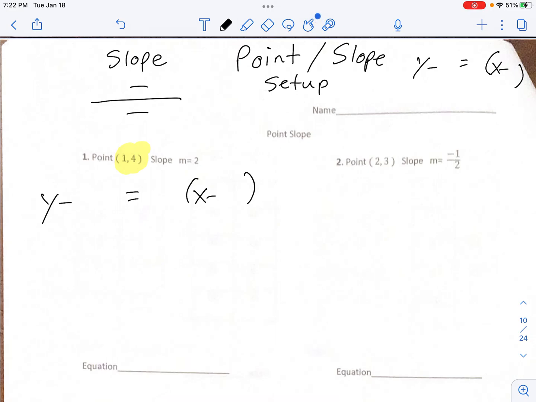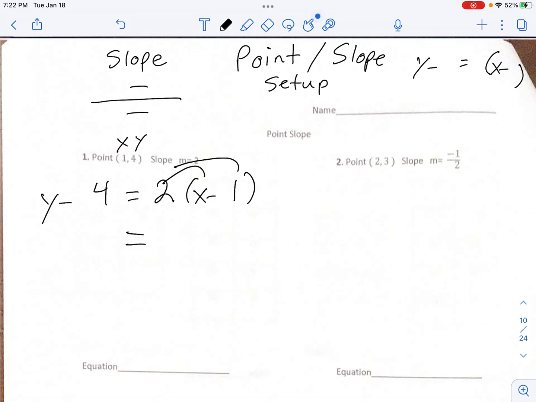Now, we all know that this is the x and that's the y, right? So the saying goes like this. x by the x, so that's my x. y by the y, slope in the middle. Slope is your m. That's how you plug it in. x by the x, y by the y, slope in the middle. All right? Now, once you've got everything plugged in,